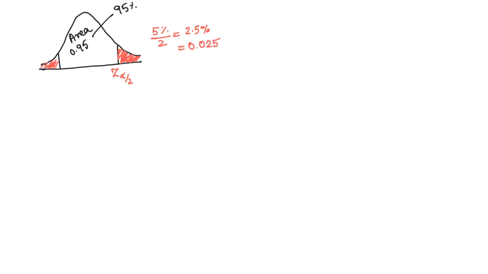We can use the invNorm command on the TI-84 calculator to calculate the z-score corresponding to the area on the left side of the z-score. So the area on the left side of the z-score is 1 minus 0.025, that is